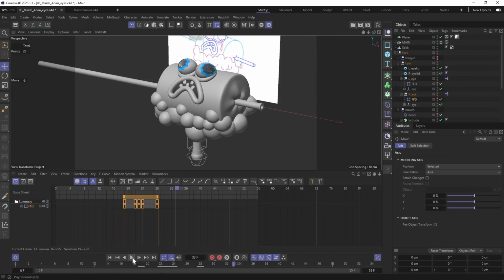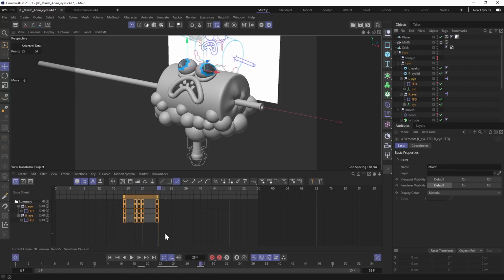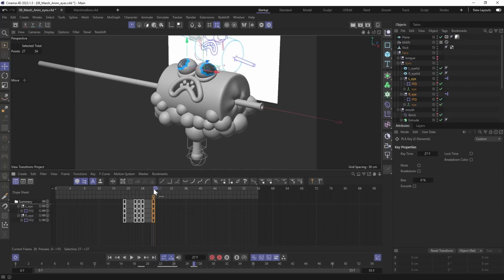Let's see how it looks. I think they blow up too slow, so I'll select all animated objects and then move frame 28 to 27.